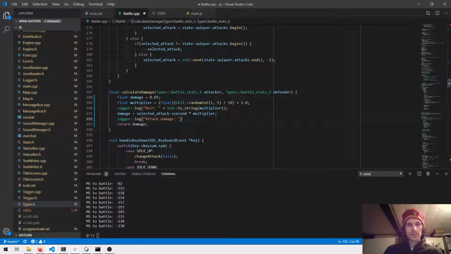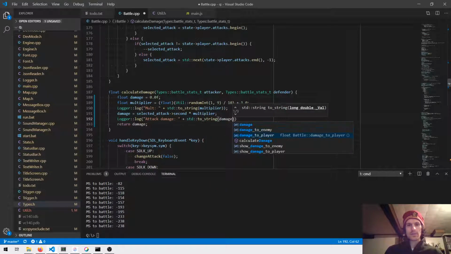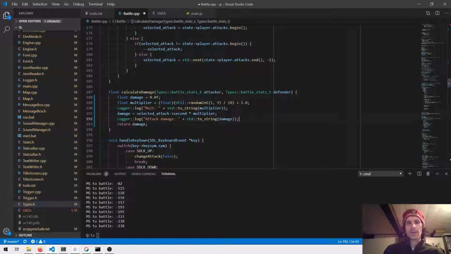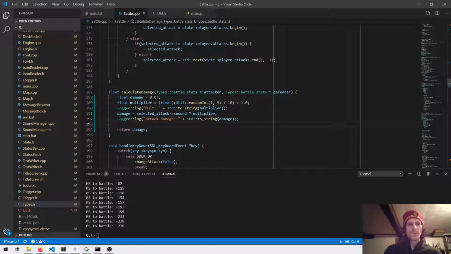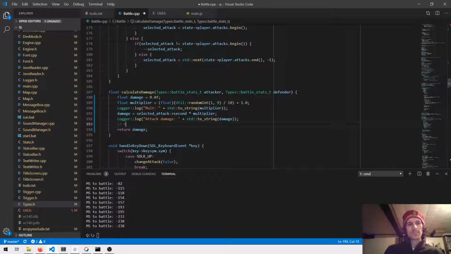Attack damage is that. However, we need to take into account that the defender has a defense value as well. So adjusted for defense, damage minus equals